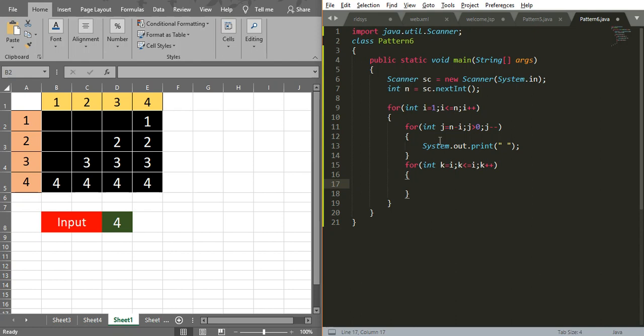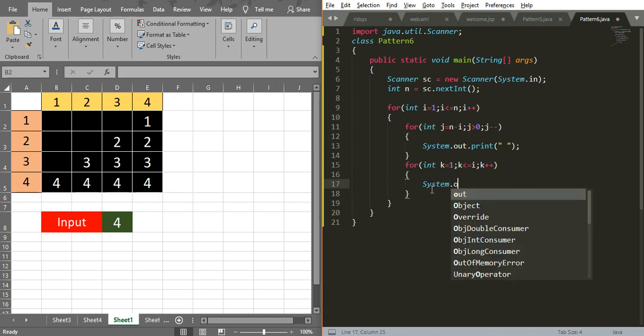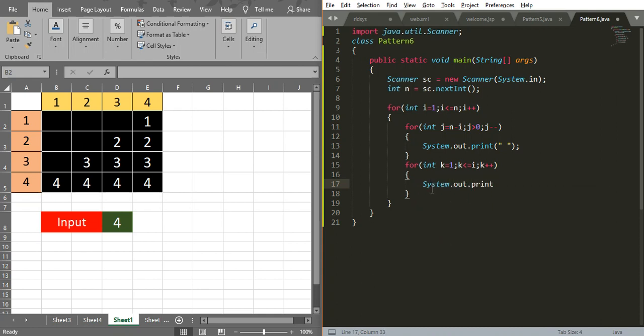Then the i value is 2. So for k, I have to initialize the value with 1, not with i. So then only the loop will get executed 2 times, System.out.print.